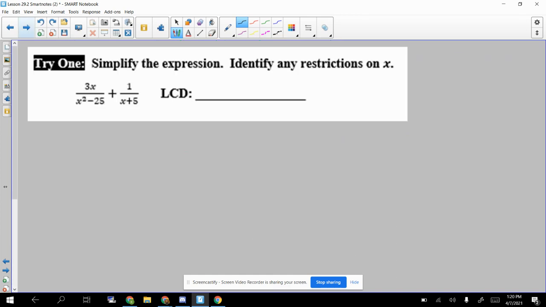So go ahead and try this one out. Okay, follow the 4 steps to simplify the expression and identify any restrictions on x, and I will leave the answer. Okay, if you have any